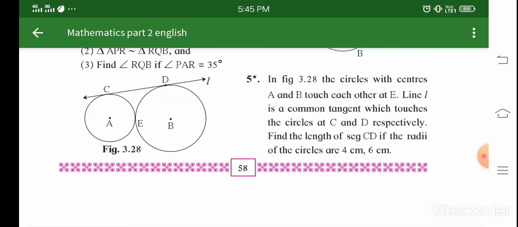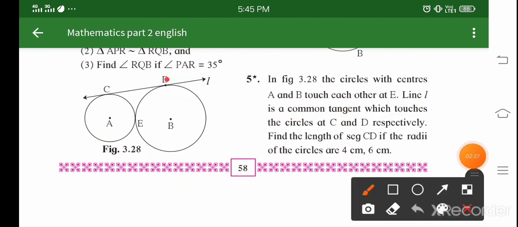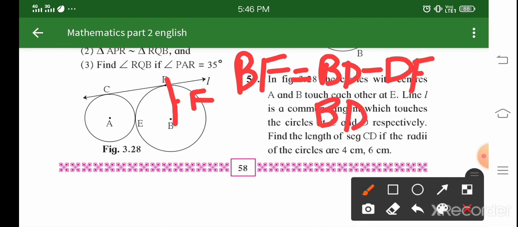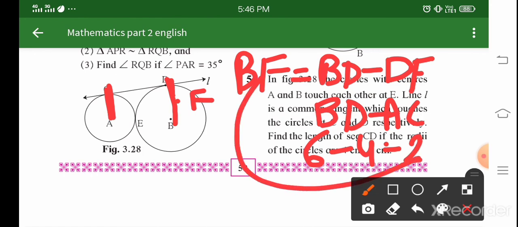So now in the next thing, I told you about this. This is our F point. So we can just do collinear. So you can just write over the BF. You have to find the value of BF. So you can just write over the BD minus DF, because this is collinear, right? So BD. So now instead of this DF, DF के place में हम लोग क्या लिख सकते हैं, this AC, right? And from 1 you can say that. So 6 minus 4 will be your 2. So we got the value of this BF 2.